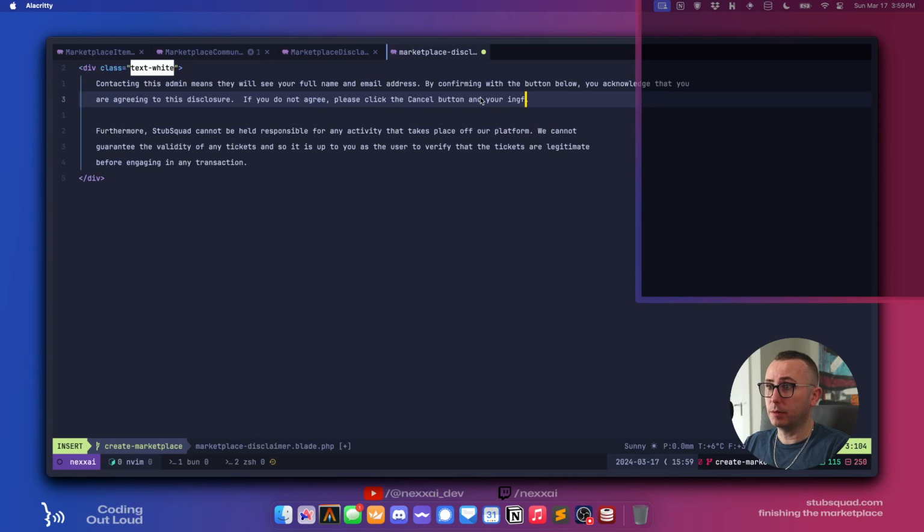And your information will not be shared. Furthermore, Stub Squad cannot be held responsible for any activity that takes place off our platform. We cannot guarantee the validity of any tickets, and so it is up to you as the user to verify that the tickets are legitimate before engaging in any transaction, monetarily or otherwise.